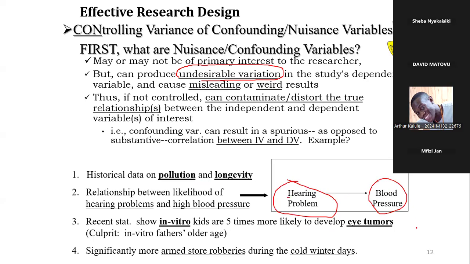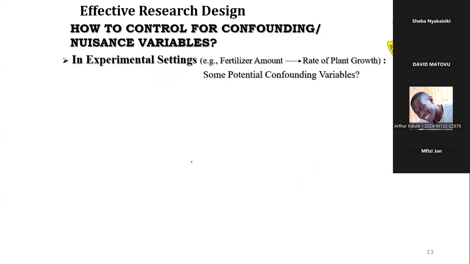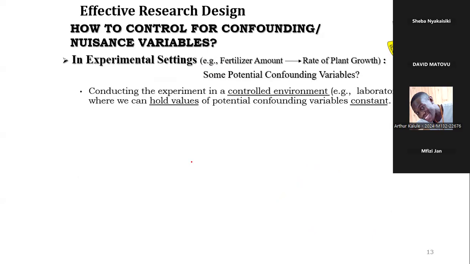In children who are born through the process of in vitro fertilization, you may have a correlation with eye tumors. Now, a person's study may not have decided to focus on that. So how would you control these confounding